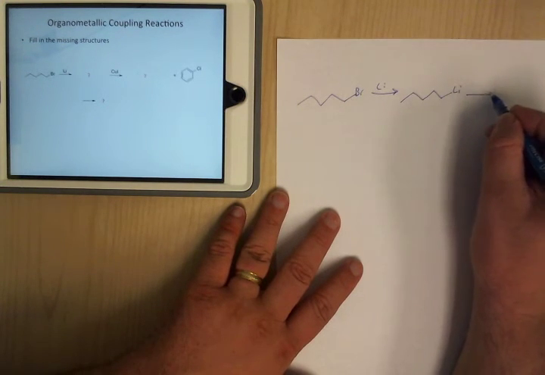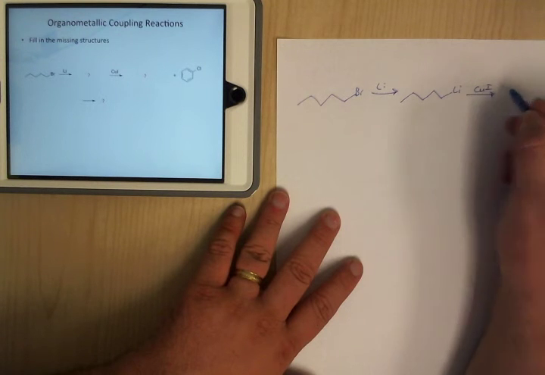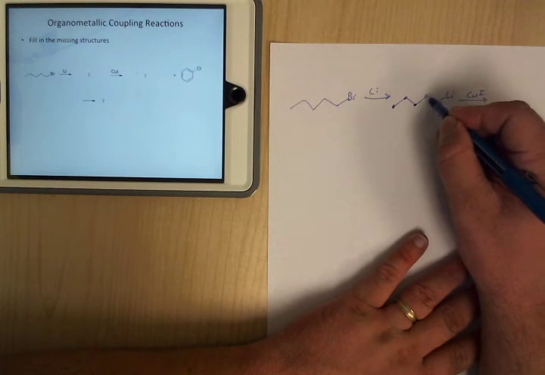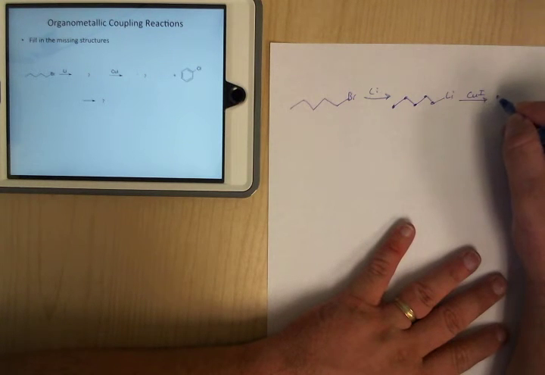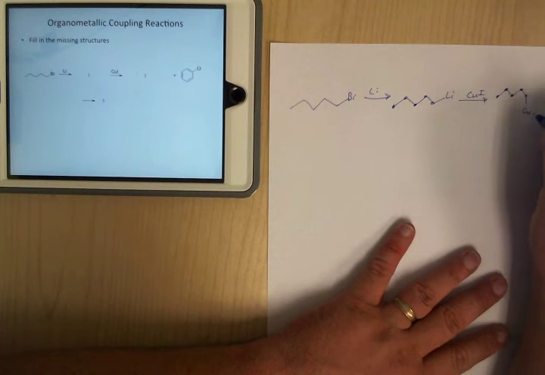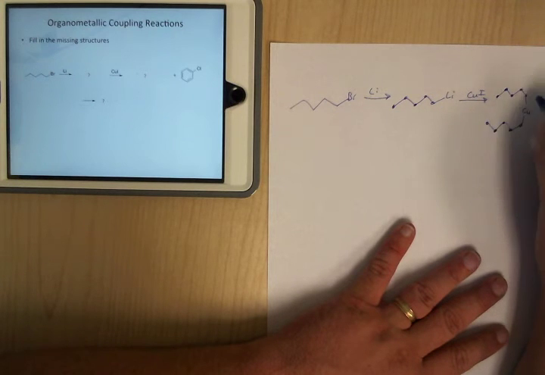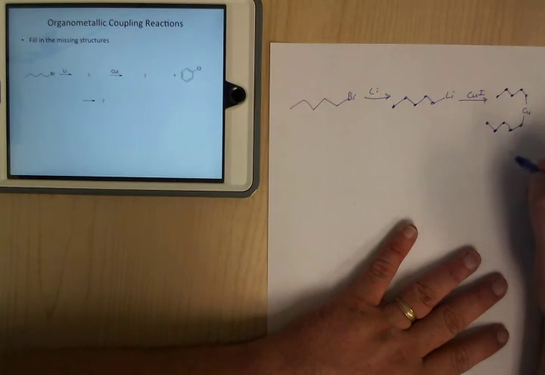Whenever we add the copper iodide, we actually get two of these, so 1, 2, 3, 4, 5. So down to the copper, we also get another 1, 2, 3, 4, 5. So you actually get two of them. And then if we add